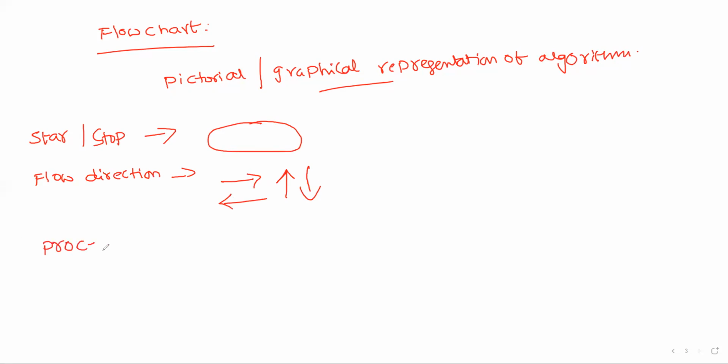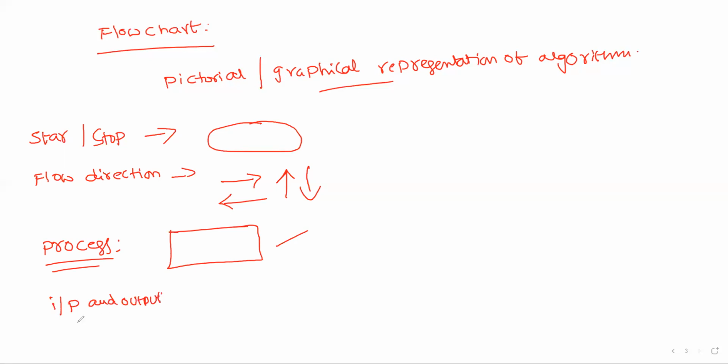Now, in between, we are performing some operation. The operation is performed inside the rectangle. And what about input and output?